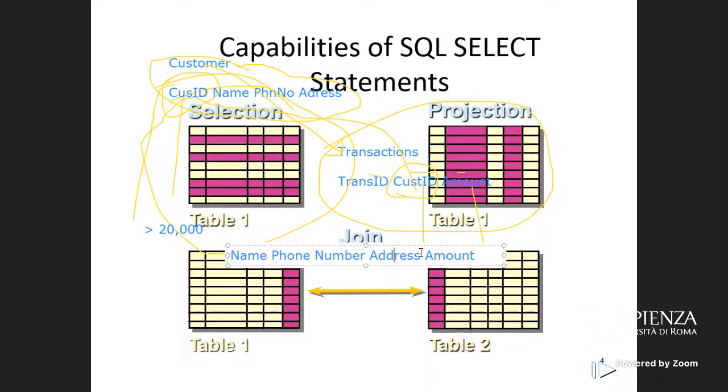You have tables. Then what you're doing is you are combining both table A and table B by a field or a column that is similar to them. And you are using